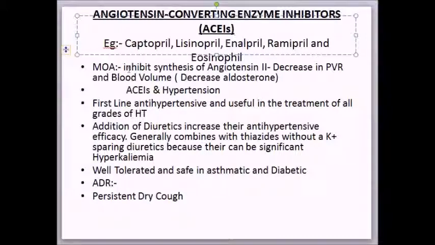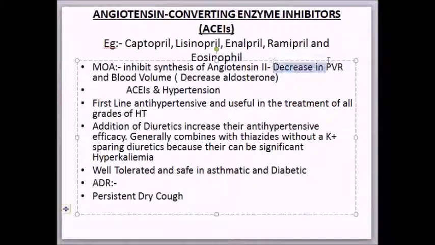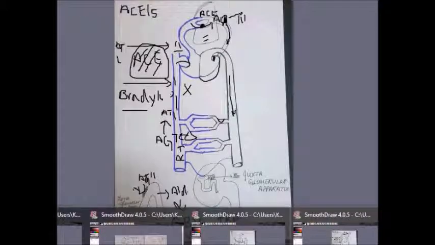The mechanism of action is that they inhibit the synthesis of angiotensin 2, and that causes a decrease in peripheral vascular resistance, and that leads to a decrease in blood volume, and a decrease in aldosterone. Now guys, how does it do that? Basically what happens is, if you look at this diagram here,